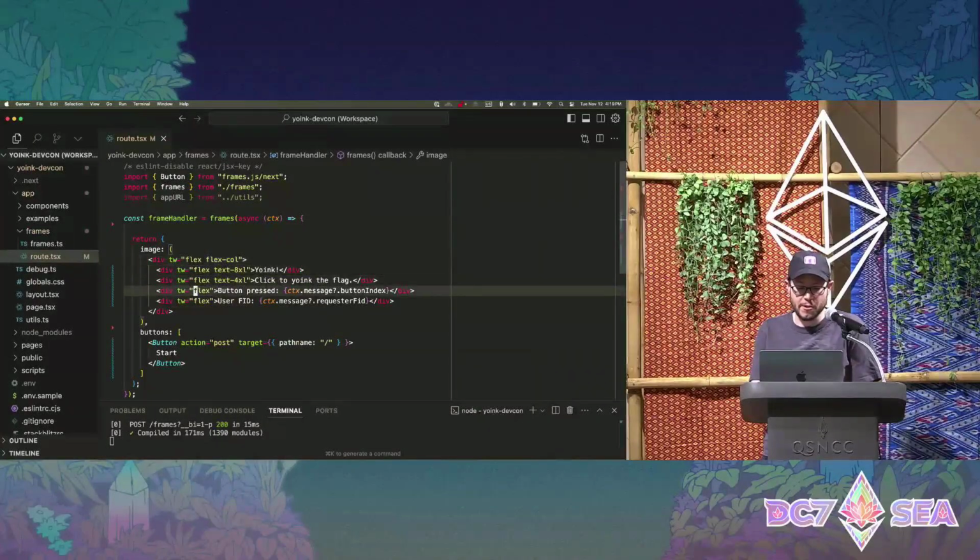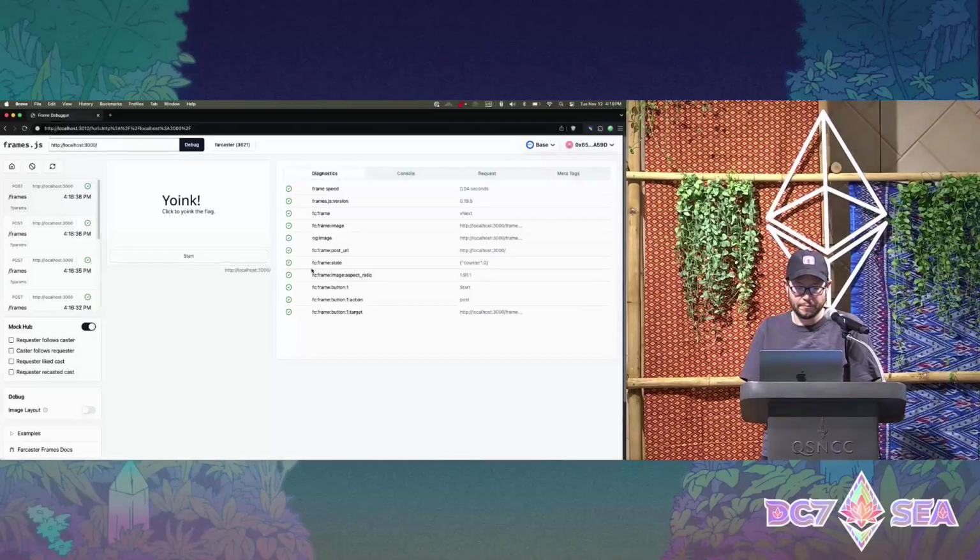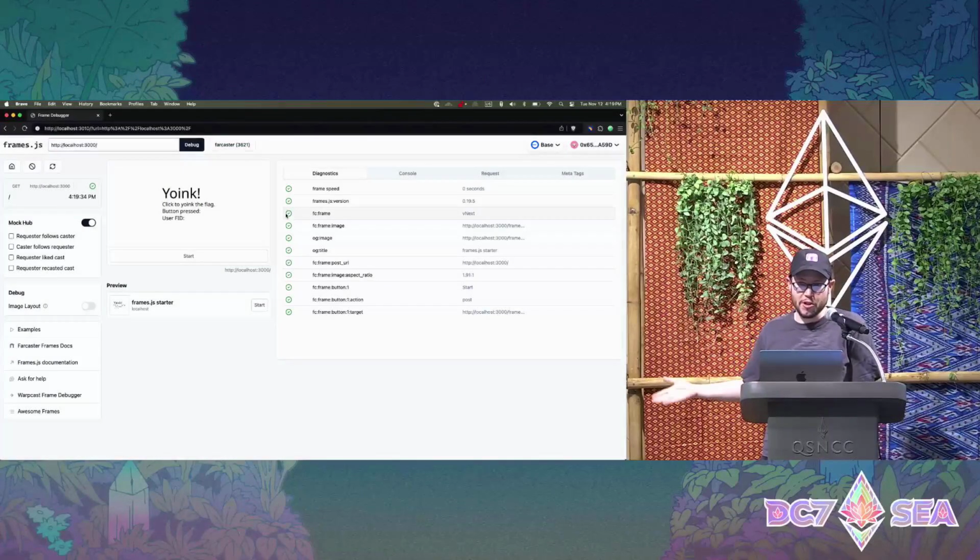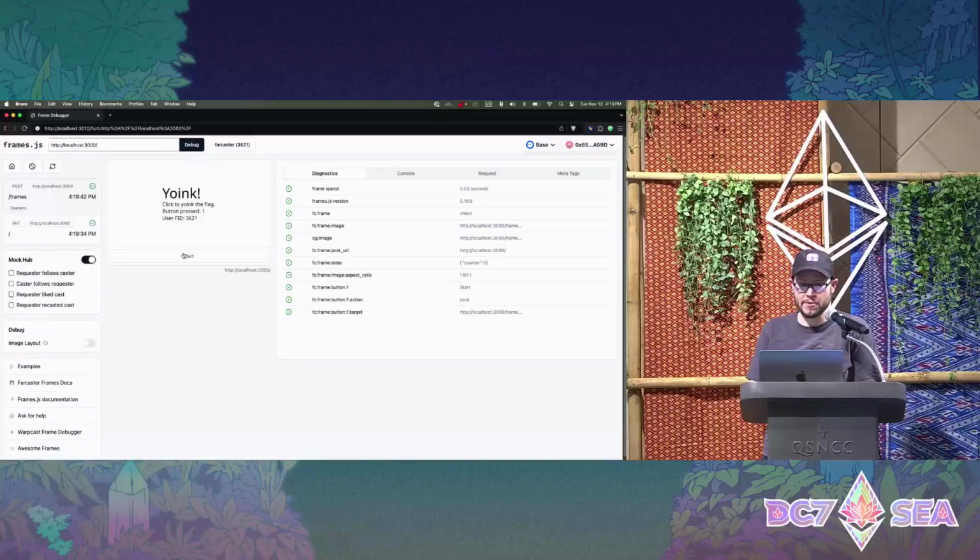So we'll just put those here in this initial frame. Cool. So you can see there's no value here in this initial request, because that's just the GET request that loads the initial frame. Once I press the button, it receives that signed payload, including information about who's interacting with it, and we can embed that information into the frame.